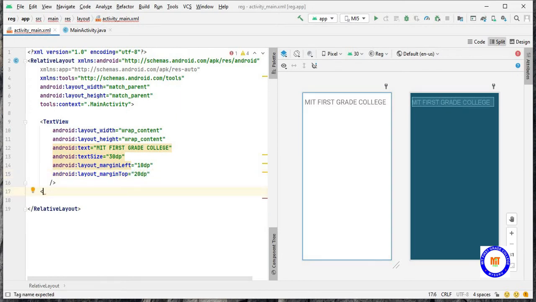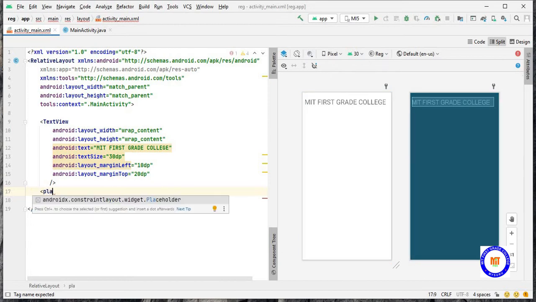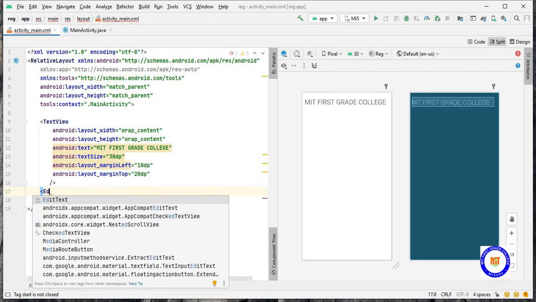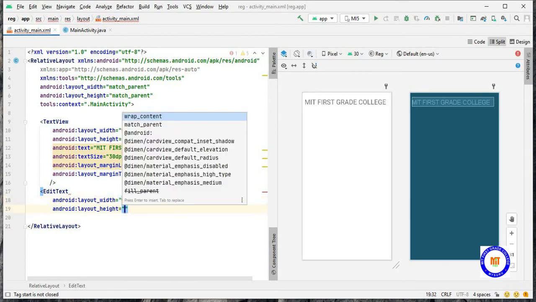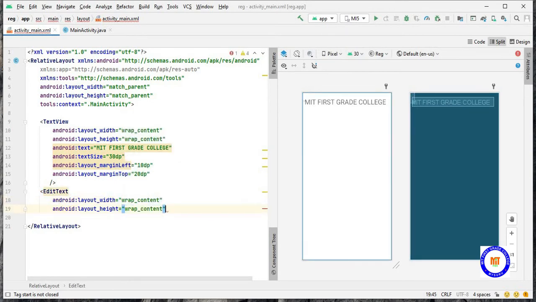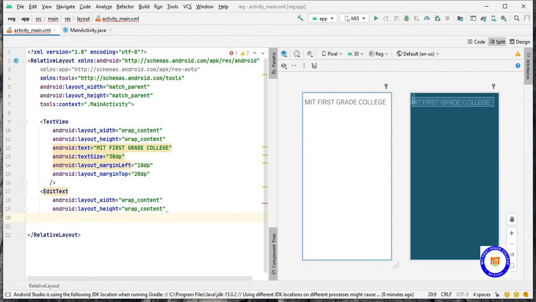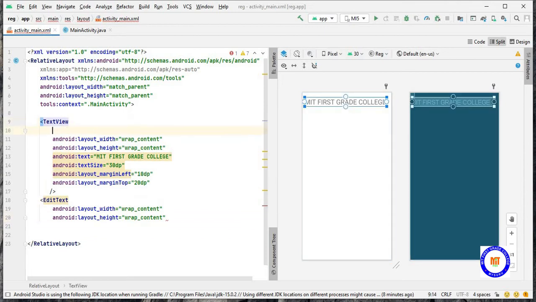Now I'll take a plain text. That is the edit text, and take this as a wrap content. Now I have to align it properly. For that, I'll give the ID for this.